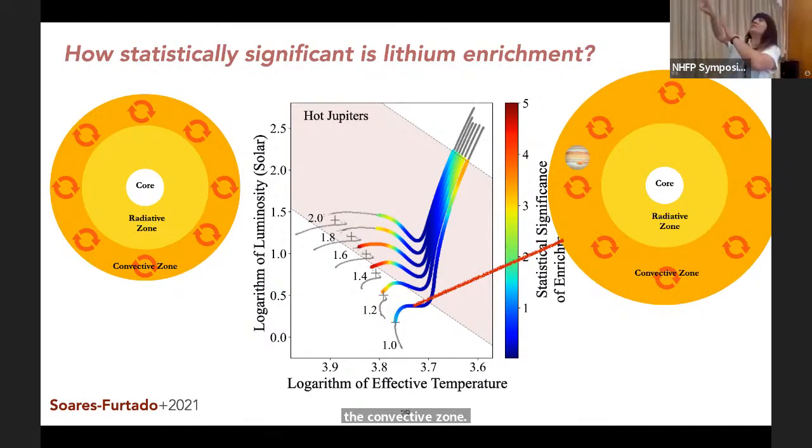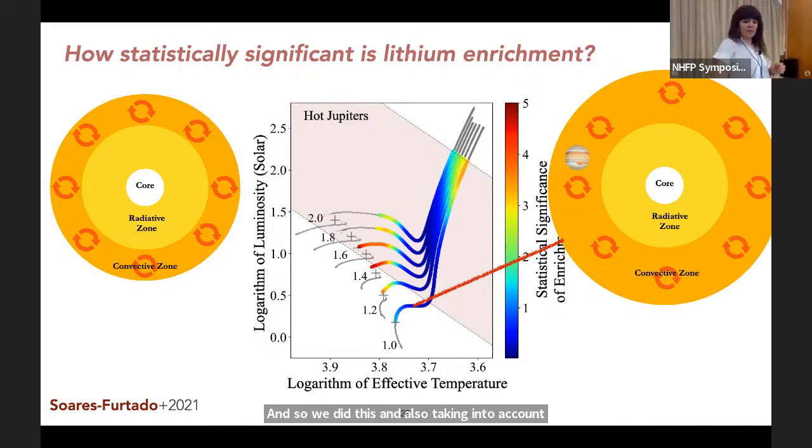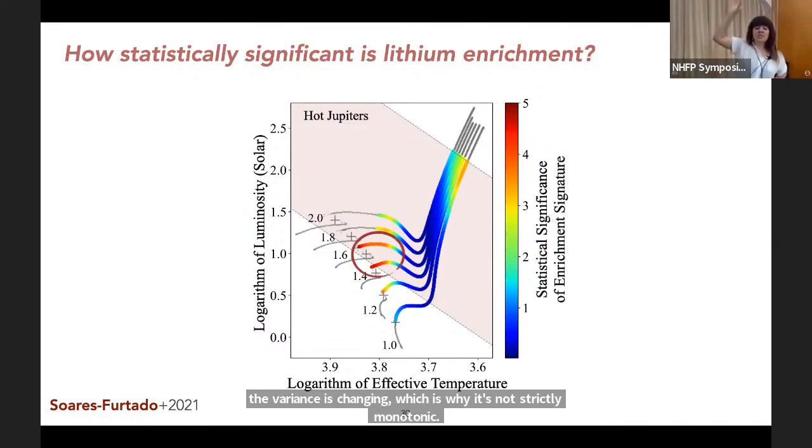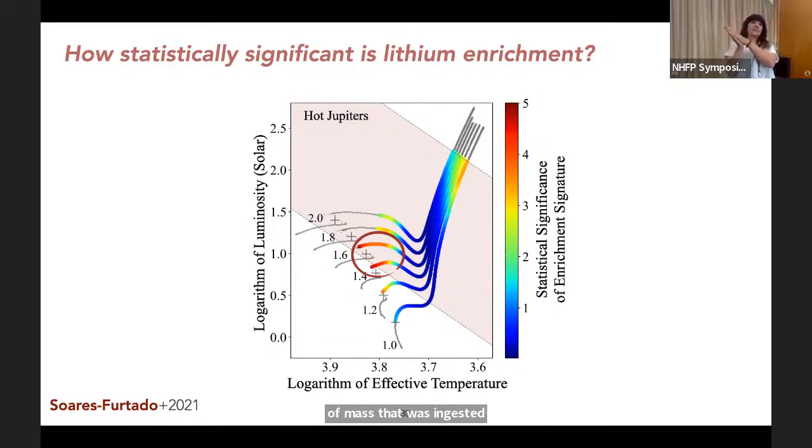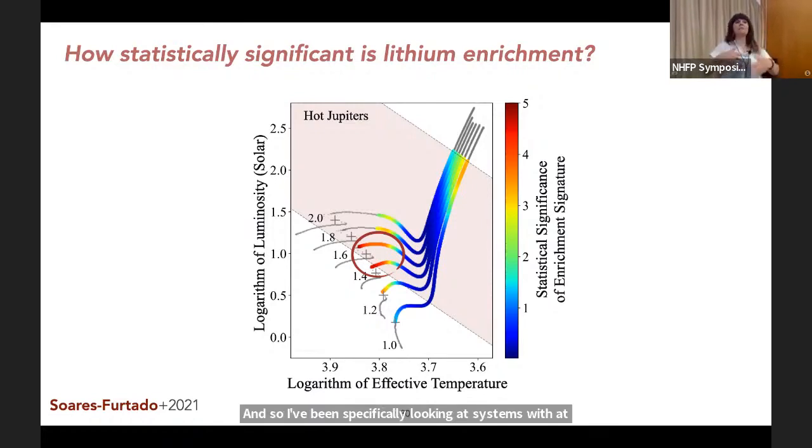So we did this, also taking into account that the variance is changing, which is why it's not strictly monotonic. And what we found is a small range. There's a small location of masses and evolutionary states where lithium is a really useful tracer for planetary engulfment, where maybe you can even back out the amount of mass that was ingested. And so I've been specifically looking at systems at this mass and evolutionary state range and trying to find other flags, like maybe orbital architectures that infer some kind of recent dynamical scattering process,